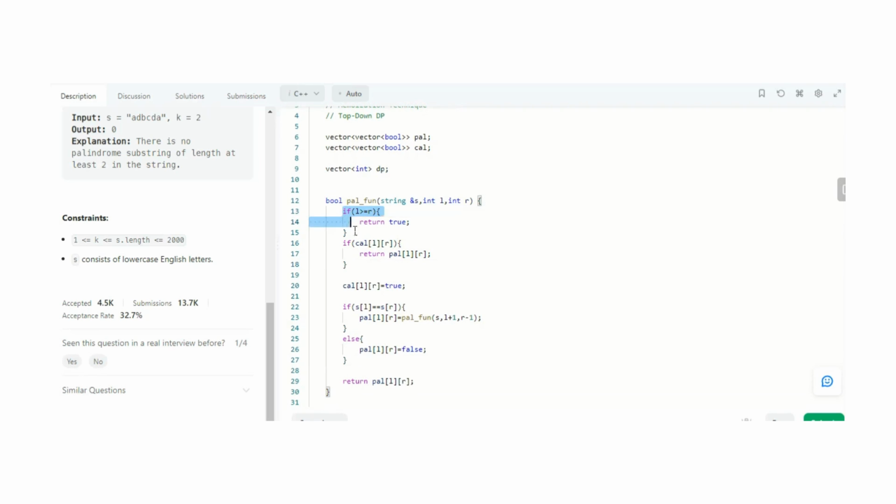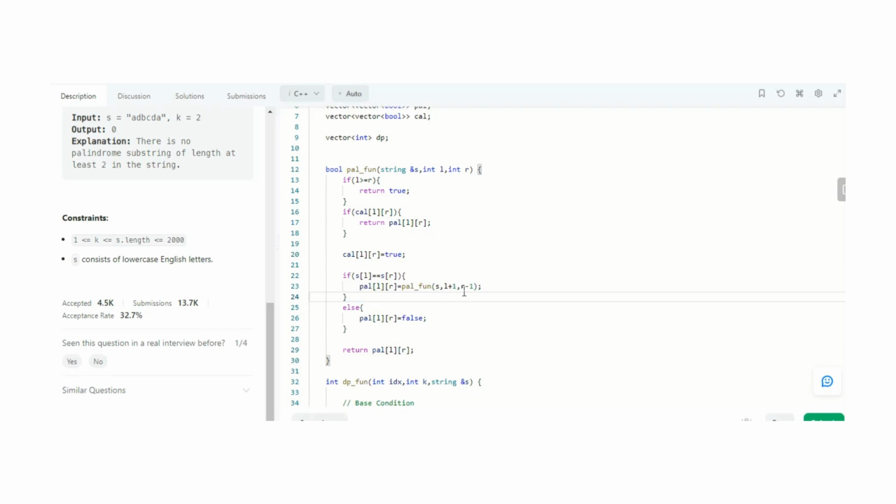This is our base case: when our L is greater than or equal to R, it means we have reached our end, and we simply return true. And if it is already calculated, we simply return that value. And here we have checked whether the two values at the Lth index and the Rth index are equal or not.